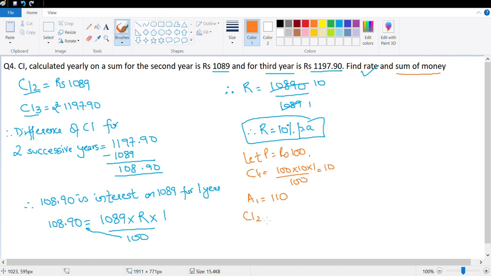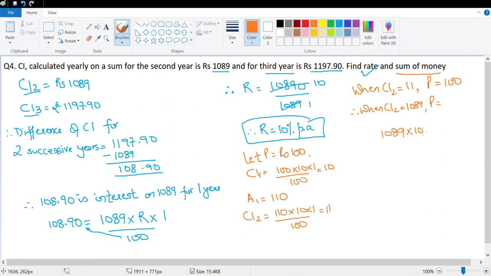Let's calculate interest 2. That'll be 110 into 10 into 1 upon 100, and that's rupees 11, right? So when CI2 is equal to 11, P is equal to 100. In this case, when CI2 is given equal to 1089, P would be equal to